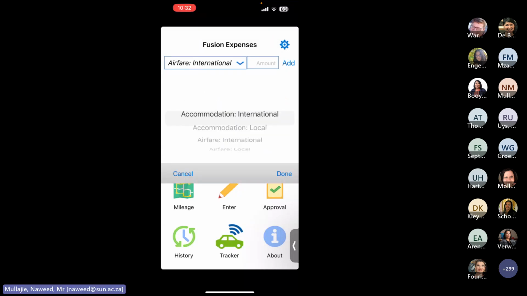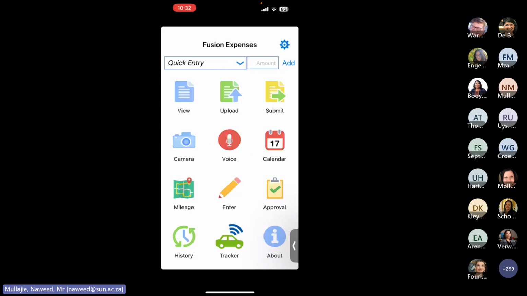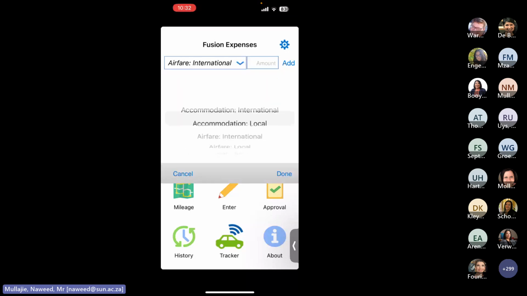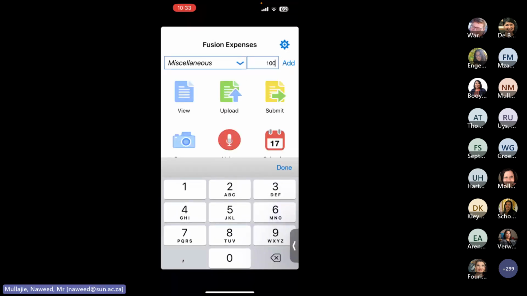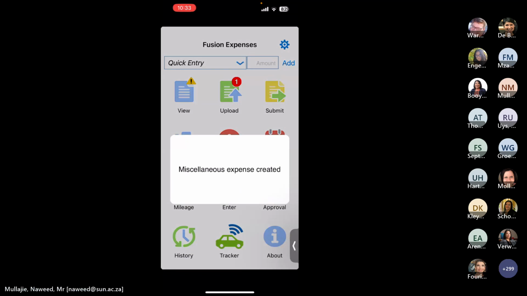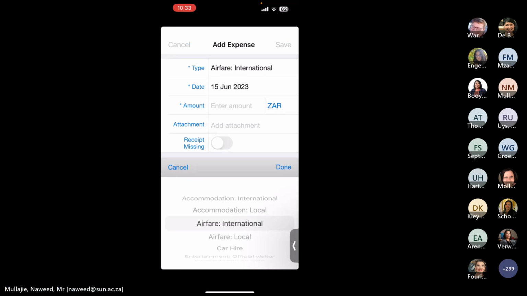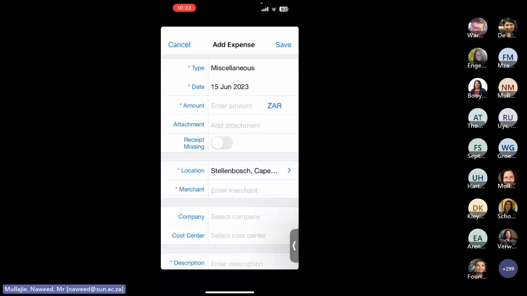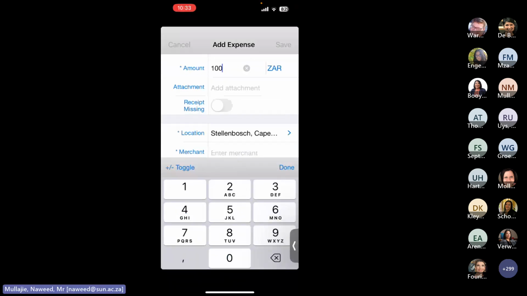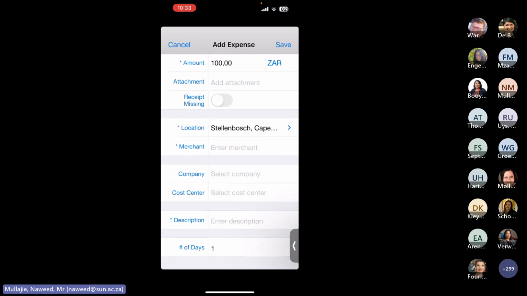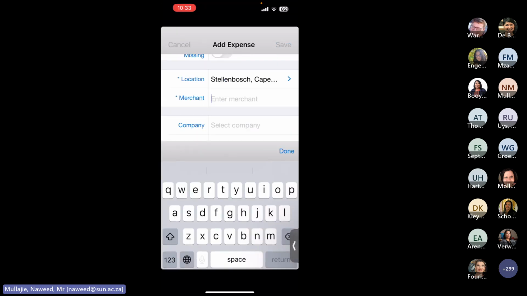Again, if you have a look, there's a quick entry option. All the templates that are available online are over here. So if I go to miscellaneous and I want to add something, I can add an amount, 100, press add, and now it'll start opening up the information for me. So this is miscellaneous, 100. Any attachments that I need to attach, where the location is, the merchant information, you'll see keys,